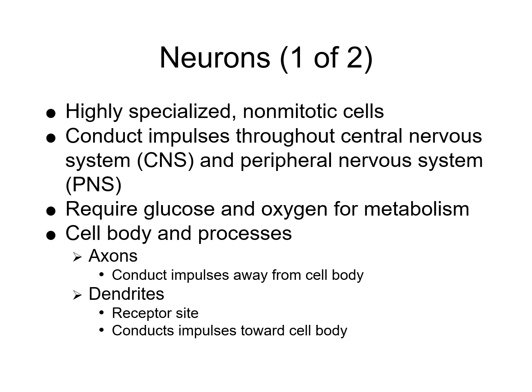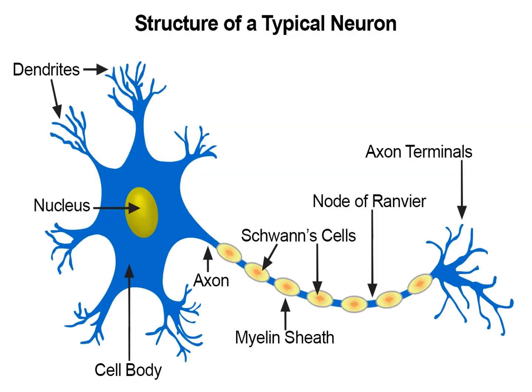The dendrite is the receptor site. This conducts impulses towards the cell body, which contains the nucleus. The axon conducts impulses away from the cell body towards the connecting neuron to release the neurotransmitter chemical. Just to recap, the dendrite is the receptor site which conducts impulses towards the cell body. This cell body contains the nucleus. The axon conducts impulses away from the cell body toward the connecting neuron, where it can release the neurotransmitters at